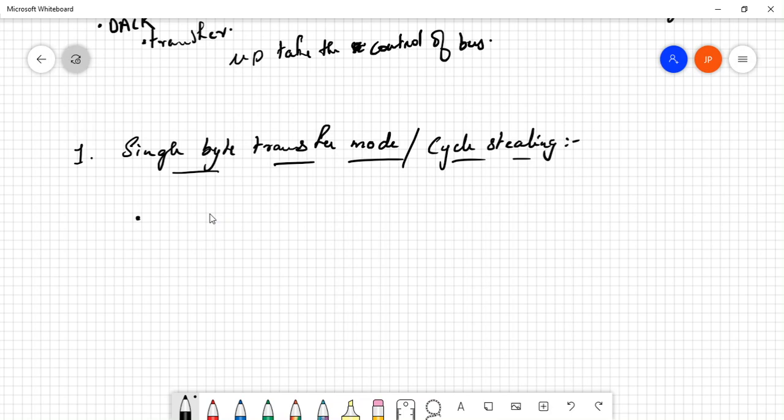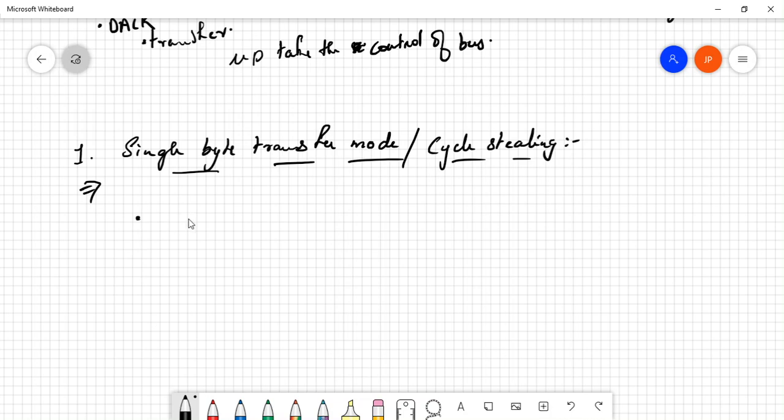Otherwise it will have to wait for the DMA to finish its operation. So this is one mode of operation in which this problem has been solved completely.